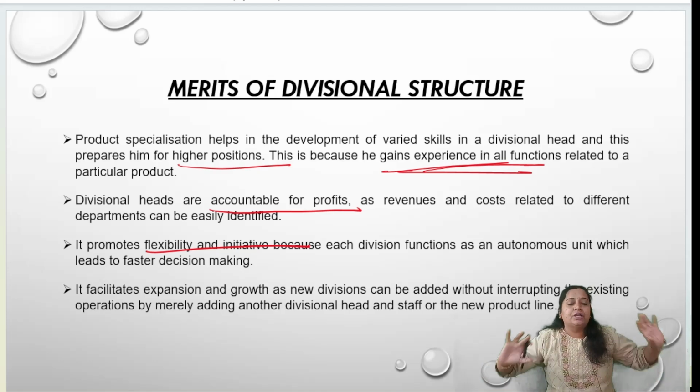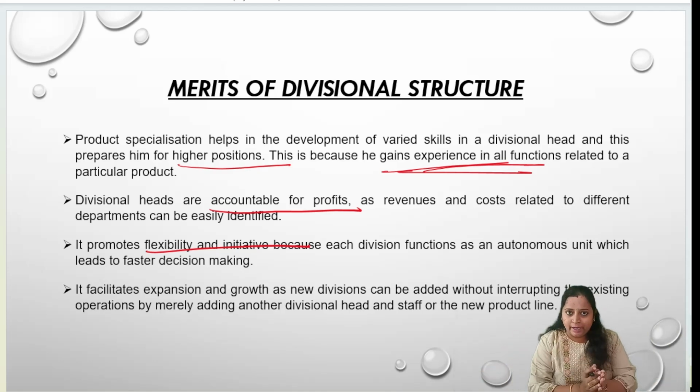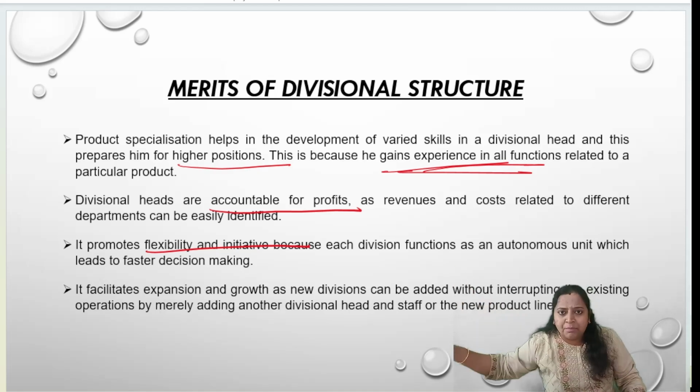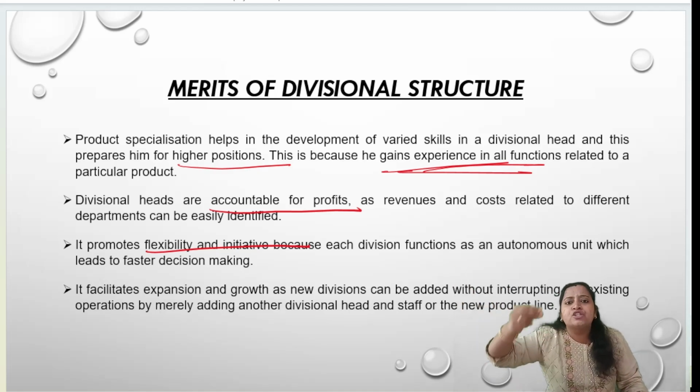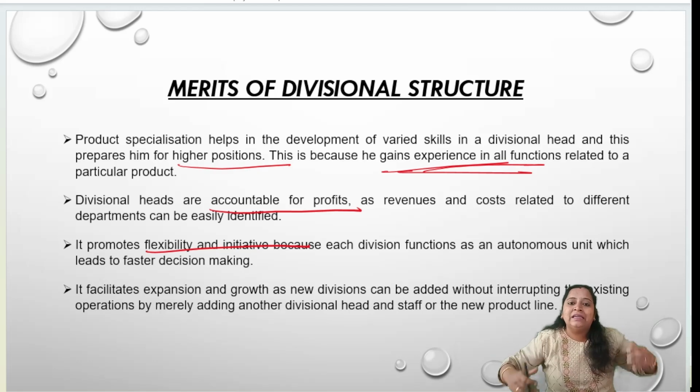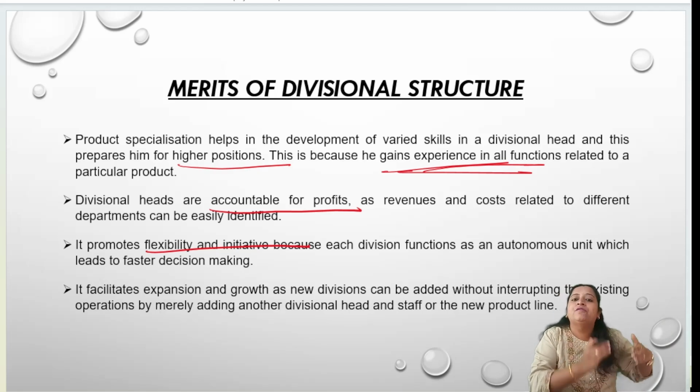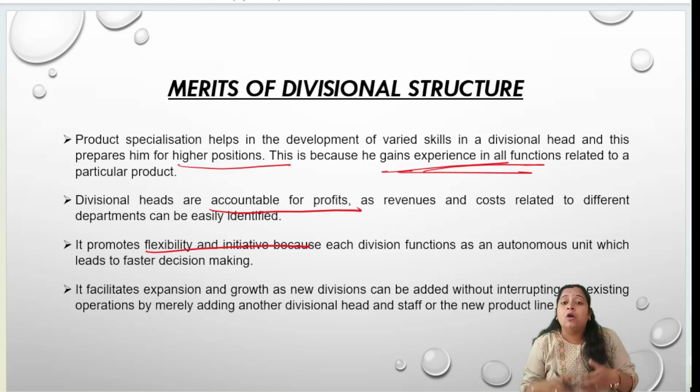See, the entire division, the entire product is headed by one divisional head. He is held responsible for all the activities. So he can easily take the decisions. He can quickly take the decision. Whatever changes are happening in the market, according to that, he can easily change the policies, procedure or production or anything without any interruption, without taking much time. Initiative is nothing but he can take the initiative to make any changes in his particular division, which will help to take the decisions quickly instead of waiting for any other person to take the decision. According to the changes, you can easily take the decision and make some changes in your particular divisions.